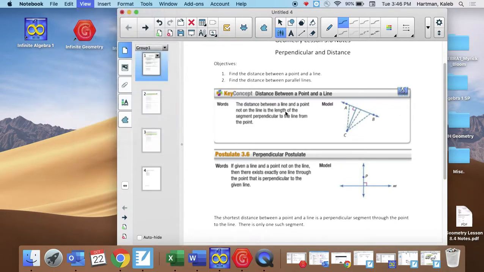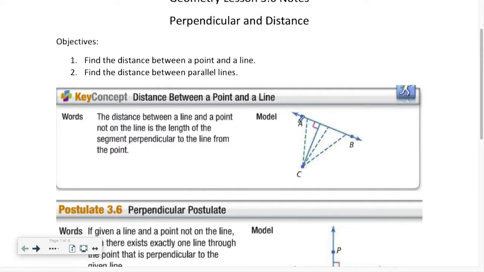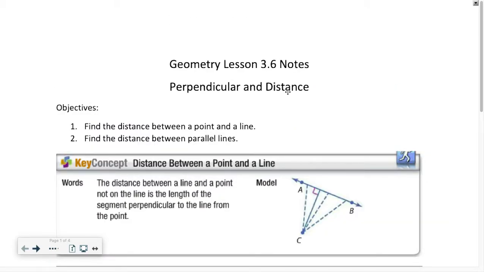Everyone. Today we're talking lesson 8.6, perpendicular and distance. So our objectives are to find the distance between a point and a line and to find the distance between parallel